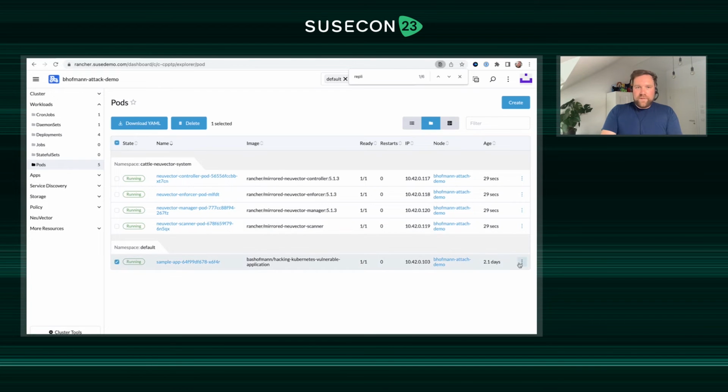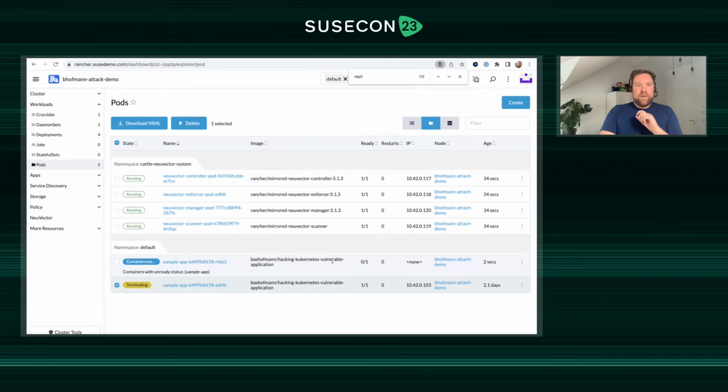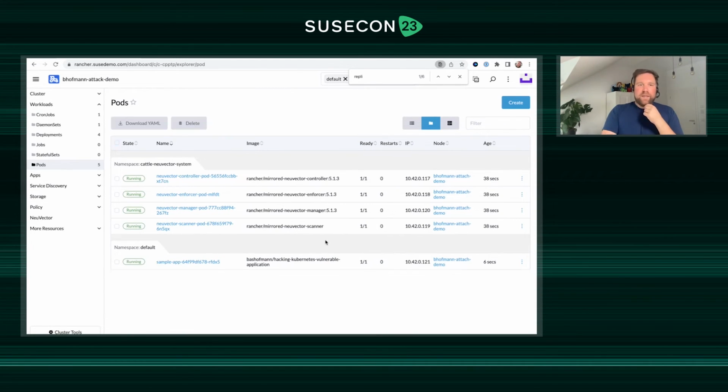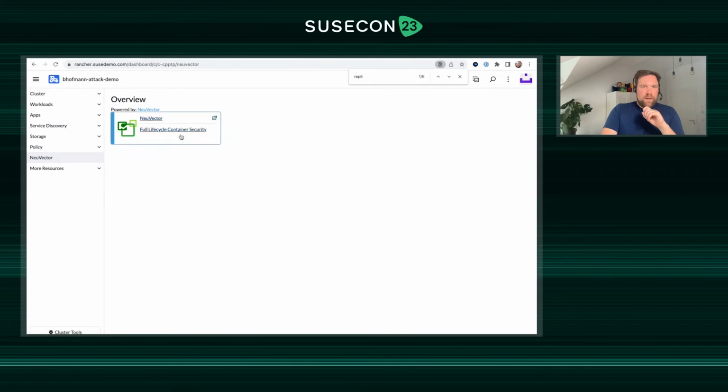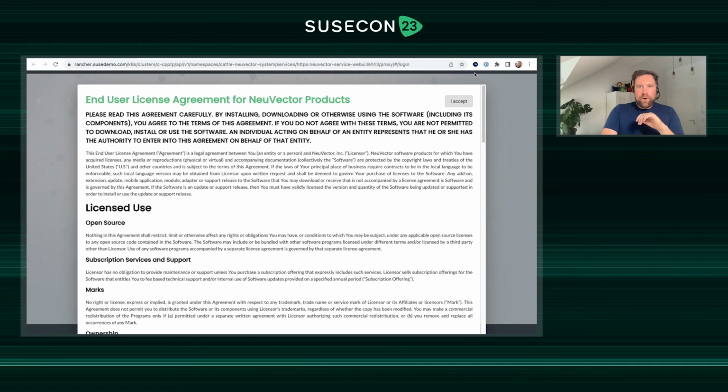Let's also restart our sample app container so that we have a fresh container without anything installed, so that we can recreate our attack quite simply. Next, let's go to the NeuVector UI. NeuVector is directly accessible now from Rancher, and with a click, we can open up the NeuVector UI,